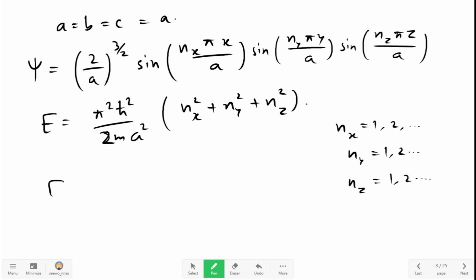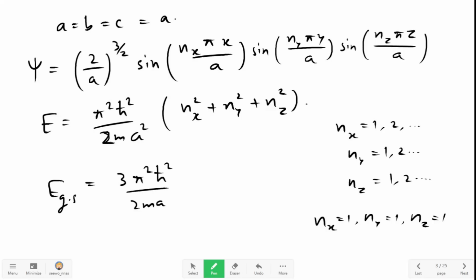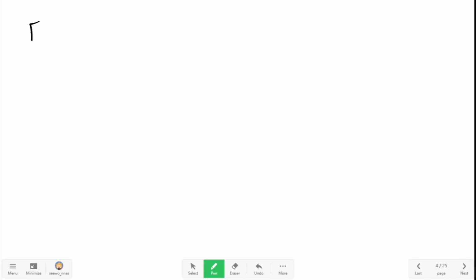The ground state energy will be E_GS, ground state is when nx equal to 1, ny equal to 1, nz equal to 1, and in that case we will have ground state energy equal to 3 pi square h bar square upon 2m A square. There is only one state, that is psi 111 state with energy 3 pi square h bar square upon 2m A square. Now if you find the first excited state,